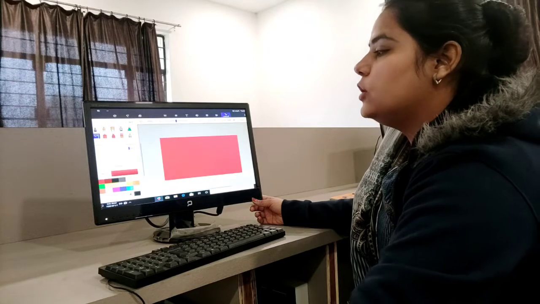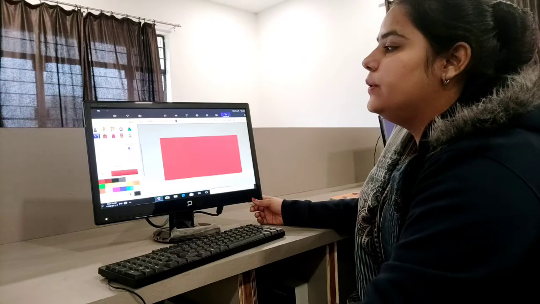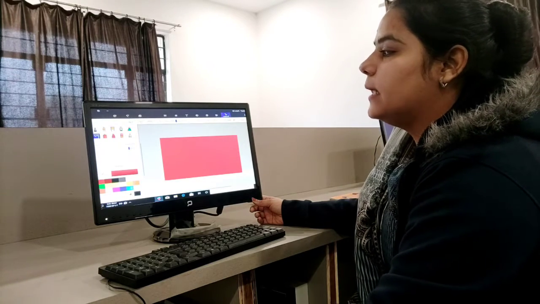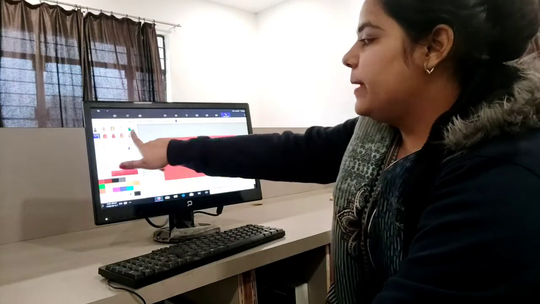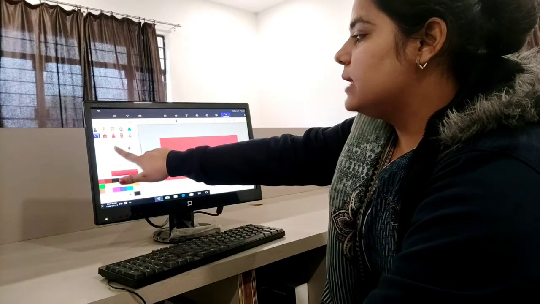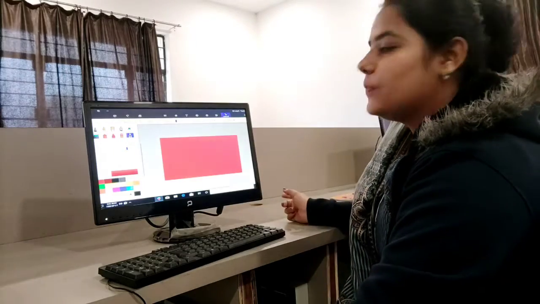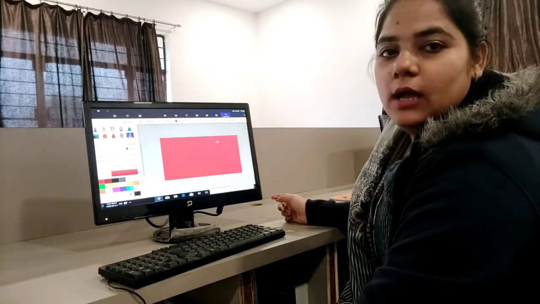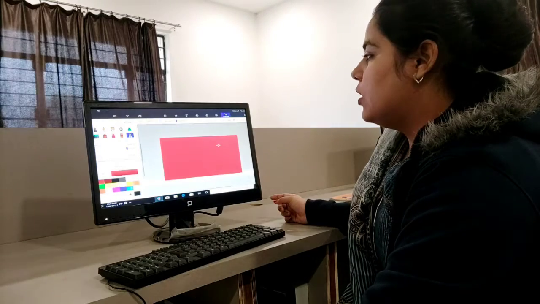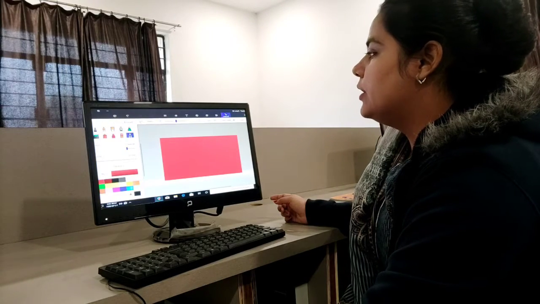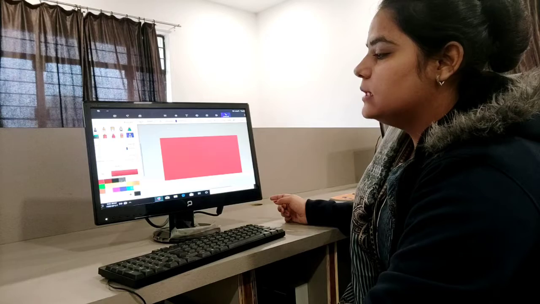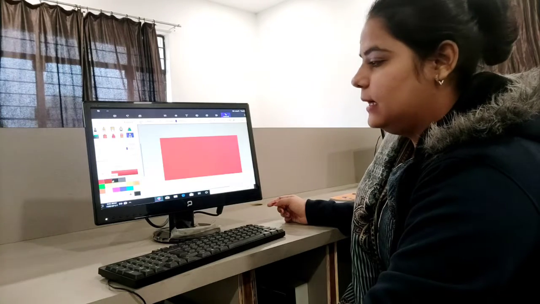Now, if you want to make a drawing, then what will we do? We can choose any pen. Look, there are many pens given. So we can use any pen. Now, I am using this one, pencil. So we can draw here. What we will draw? Now, we will draw duck. How can we draw duck? We will choose the other color. So, I am choosing the black color.